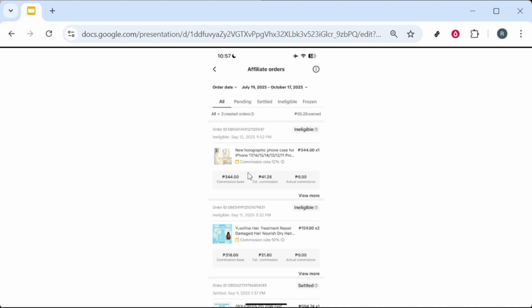If something seems missing, give the system time to update. Double check you're on the right account and make sure TikTok Shop features are supported in your region. Reviewing this page regularly helps you track performance and